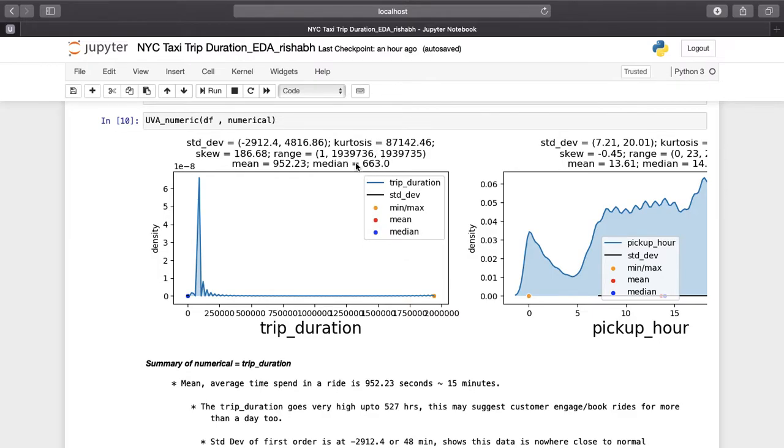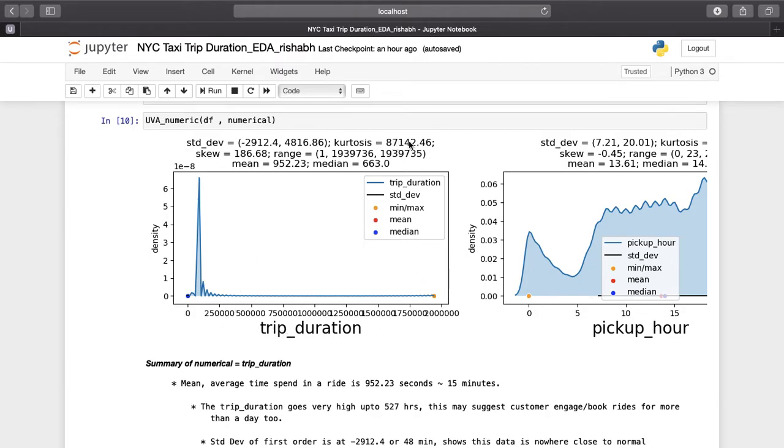So middle value 663. Now basically when we understood what kurtosis is trying to tell us or skewness is trying to tell us, let's see a practical implication of this. Now kurtosis is giving me a number that is way higher. This tells me later on when I'll figure out that there are some products within this particular New York City taxi, where people are using cab for shorter trips as well as for longer trips.